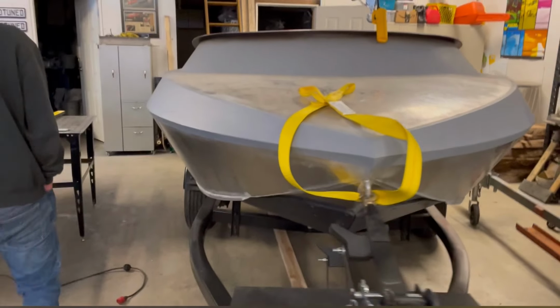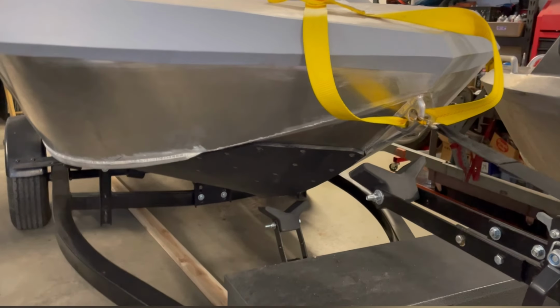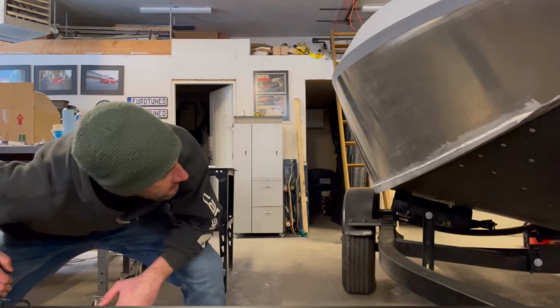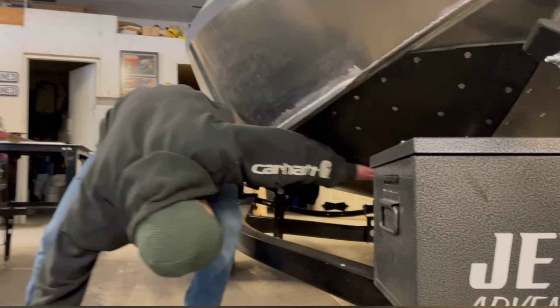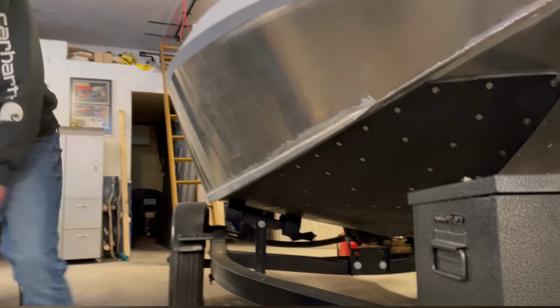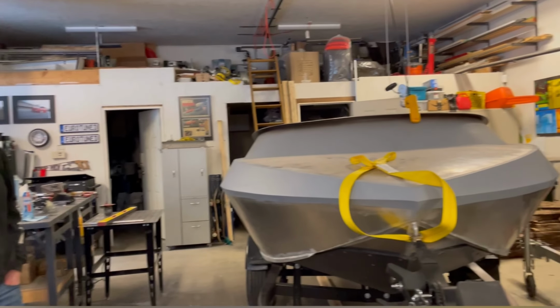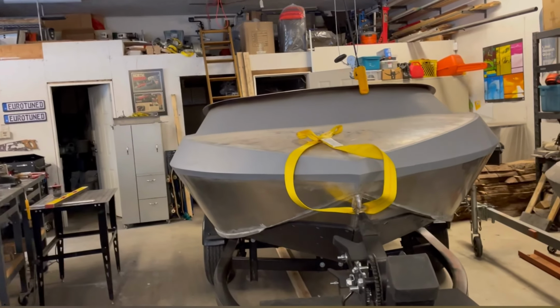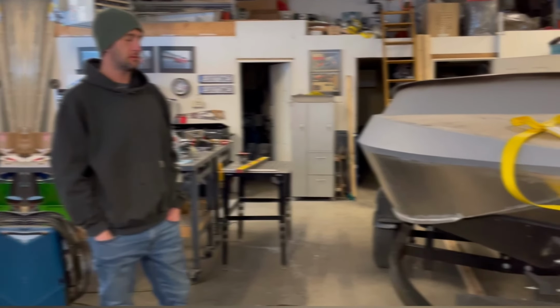We got the chine guards. I already see the UHMW that looks sick as hell. It actually turned out really well just from templating. Like this line is flush and tight the whole way down. So you templated that on first, what, with cardboard, right? And then we ended up, what was it? Yeah, instead of flipping the boat with the lift, we lifted it half up on its side. Just sideways. Did the one side, and then...